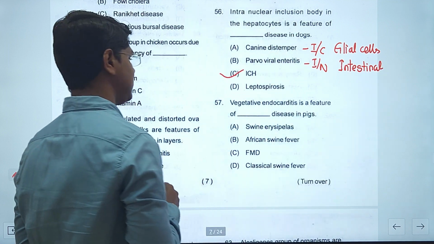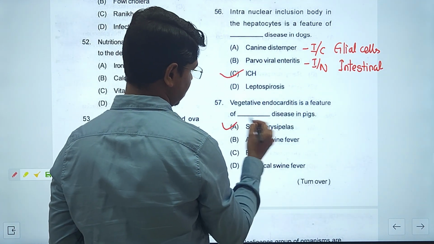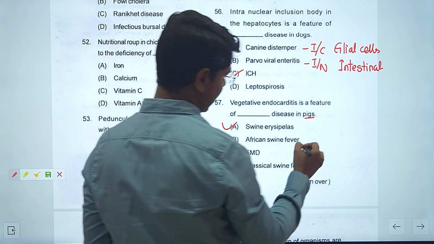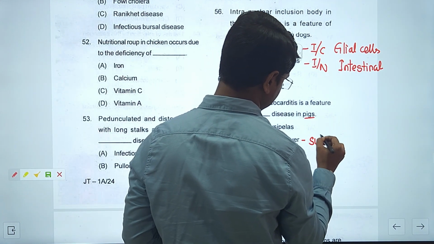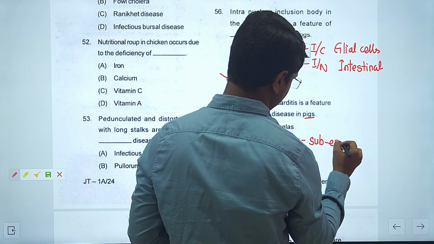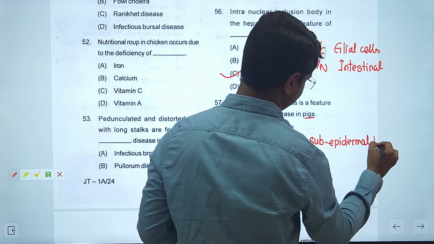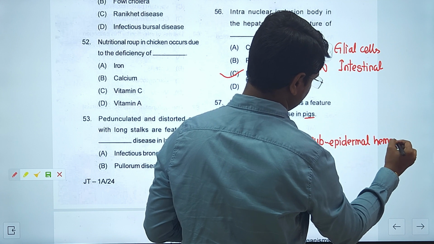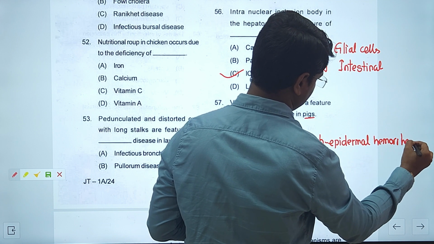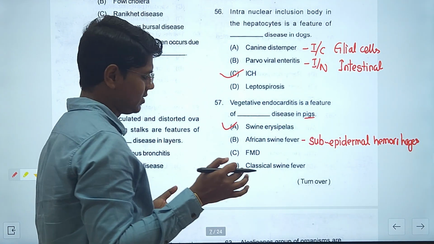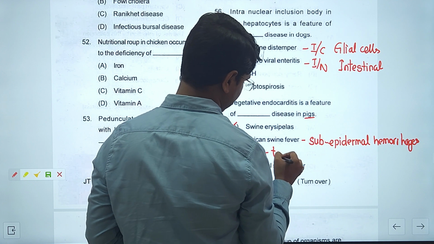Vegetative endocarditis is a feature of swine erysipelas in pigs. African swine fever, you will find subepidermal hemorrhages. FMD, many characters like foot and mouth lesions, as well as tigroid